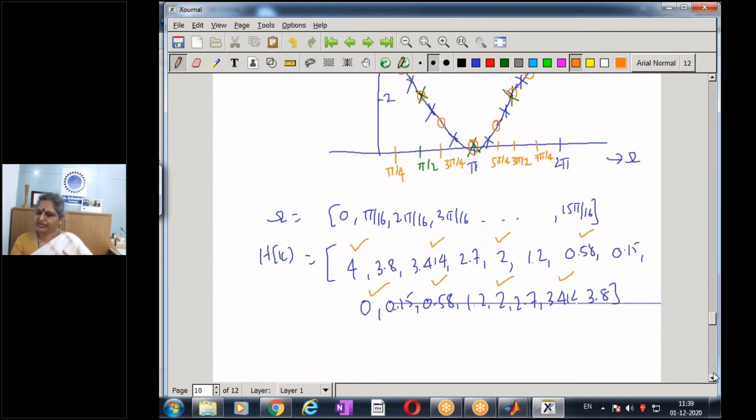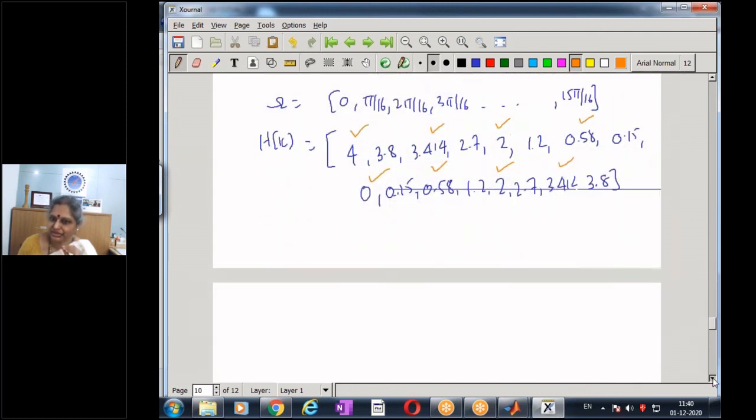I can take the alternate samples from the 16 samples. If I take from the 16 samples, I can get 8. From 8, I can get 4, but not the other way. I cannot do an interpolation or take the average and predict the values in between. They are related by the expression.